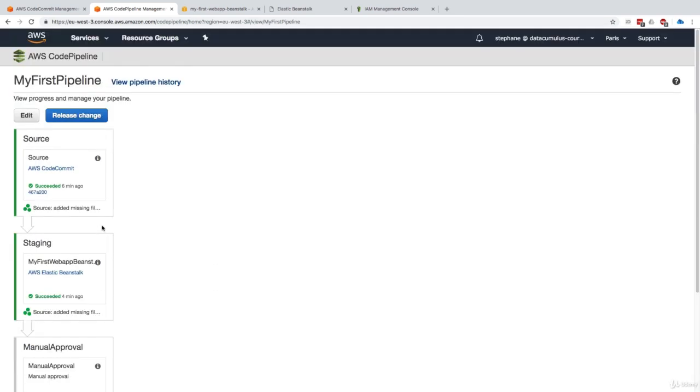So this looks good. In the next lecture, I'm just going to go ahead and continue this. I just wanted to divide this lecture in two because it's pretty big, but let's see how we can make our Code Pipeline work even better.